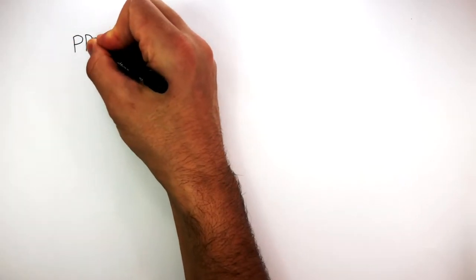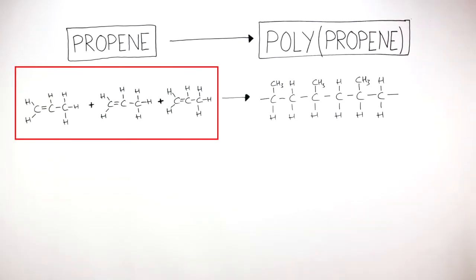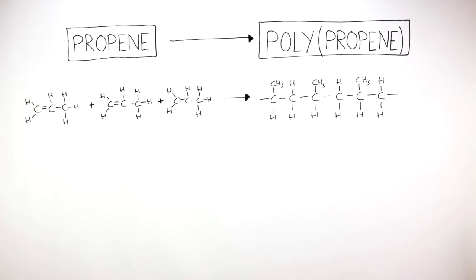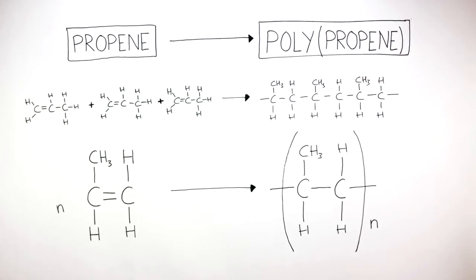In this next example, we're going to understand how propene forms polypropene. Now, this diagram represents how 3 propene monomers have reacted together to form polypropene, and this just shows a short section of the long chain of polypropene. And this is the chemical equation which summarizes the addition polymerization of propene to polypropene,